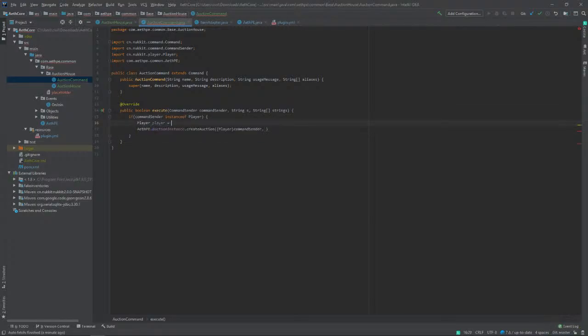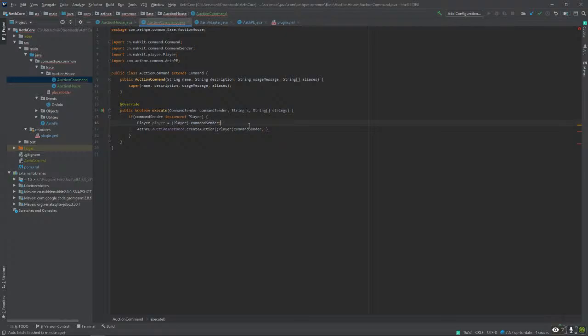Player is equal to new player... no. Command sender.